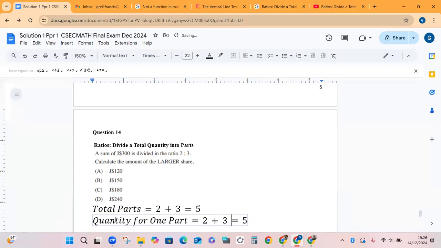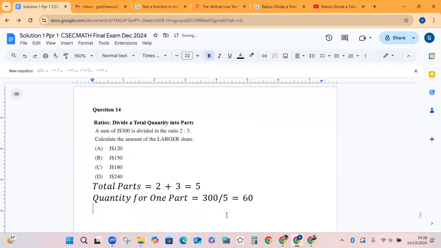And that would be 300 divided by 5. That will give us 60. Now, this question is not interested in the amount for each part. You just want the amount for the larger part. The larger part is 3. Okay, so the quantity for 3 parts